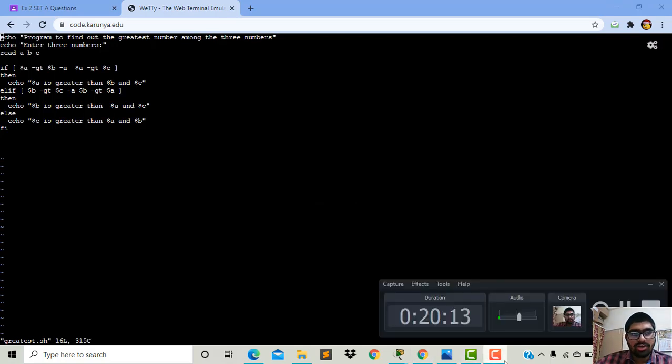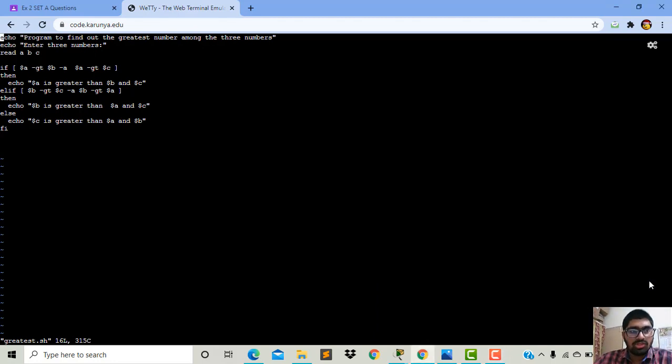Now, according to the example, it will come to the else if statement. Is 4 greater than 5? No, it will go to another condition. Is 4 greater than 2? Yes. Again it checks whether $b is greater than a and c.